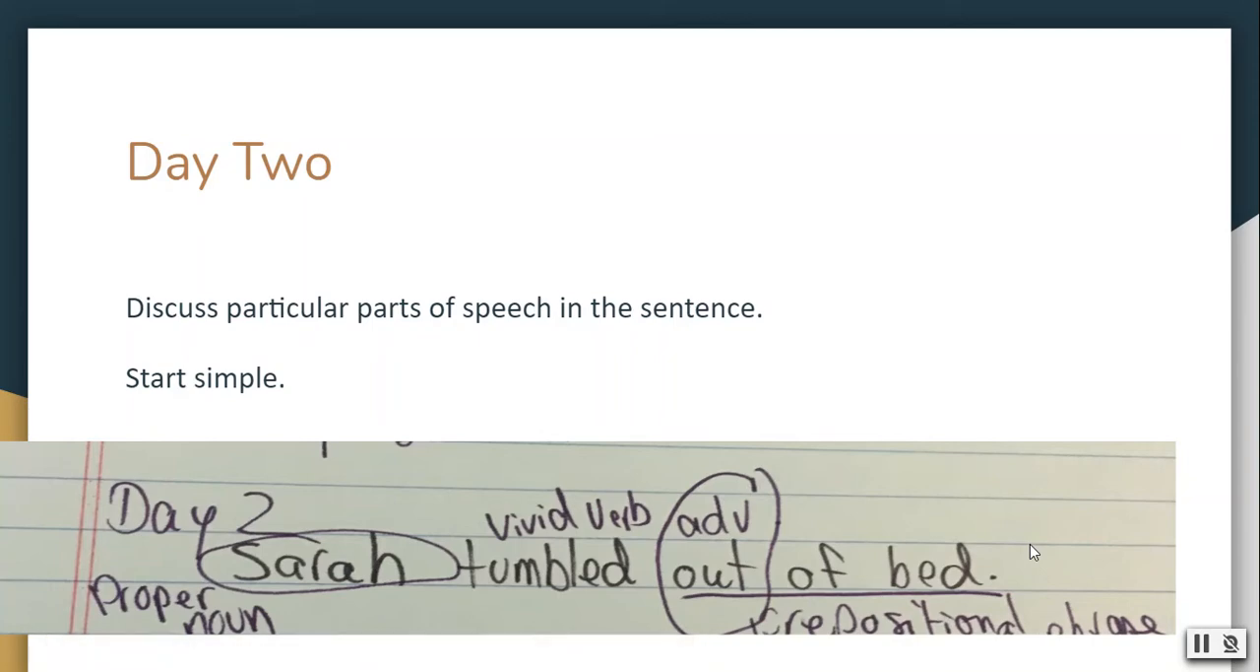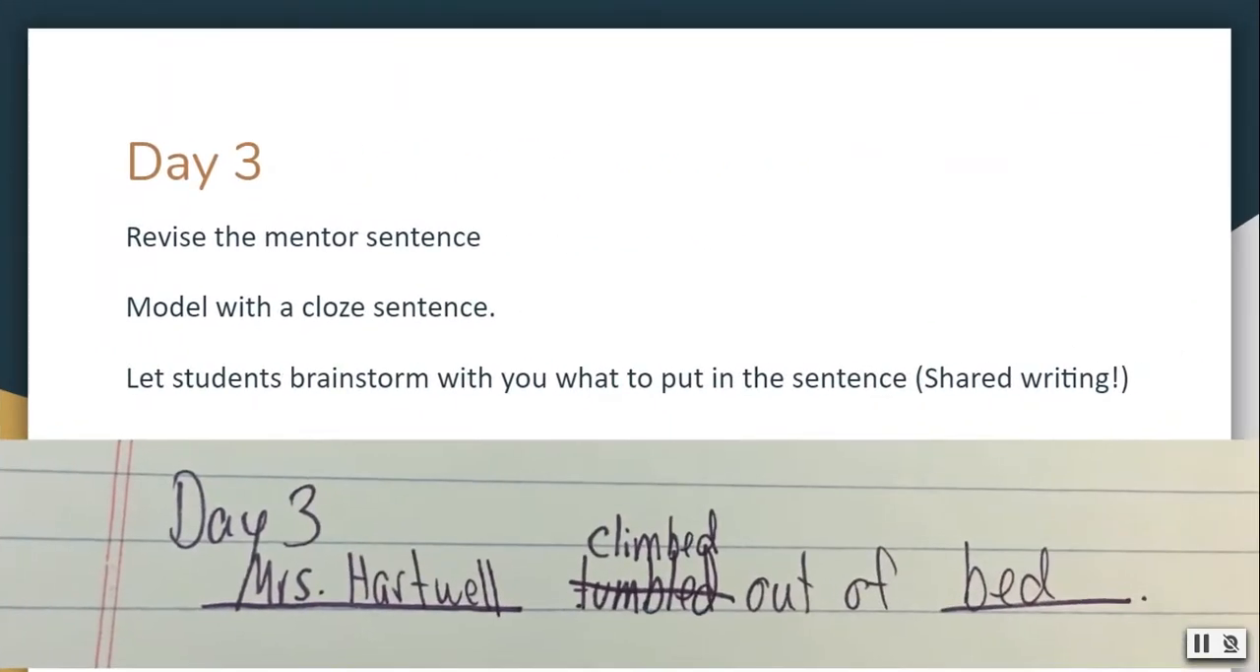And you have a little conversation about them. On day 3, so that'd be Wednesday, you revise the mentor sentence. Model this with a closed sentence. You may have learned in Emergent